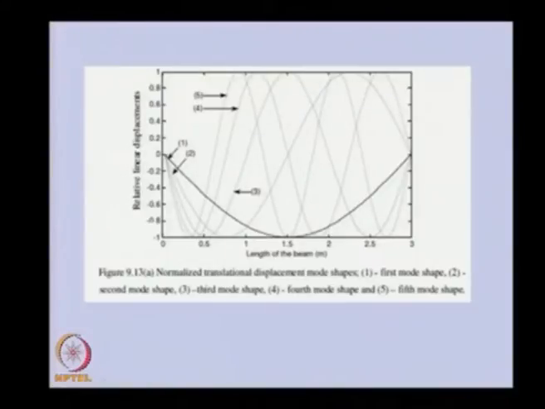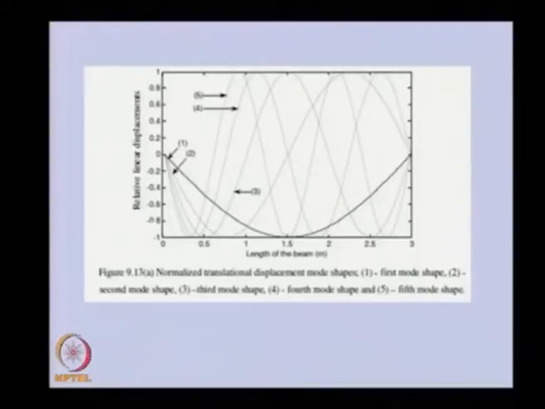Similarly, the third mode will be this one and a half sine. Similarly, the 4th and 5th mode shapes can be identified. So here, if we take more elements and use the shape function, we will be able to get better